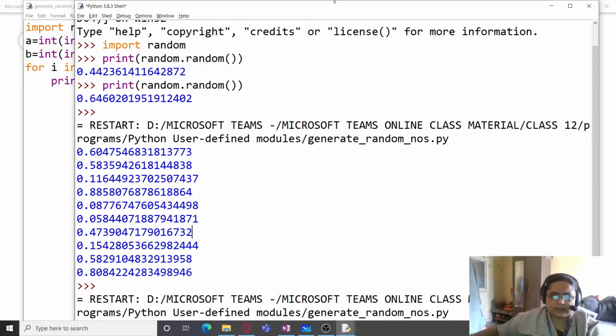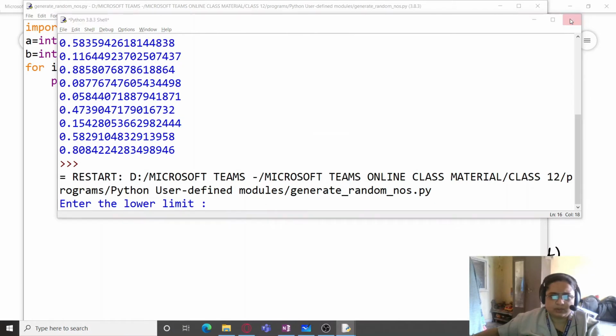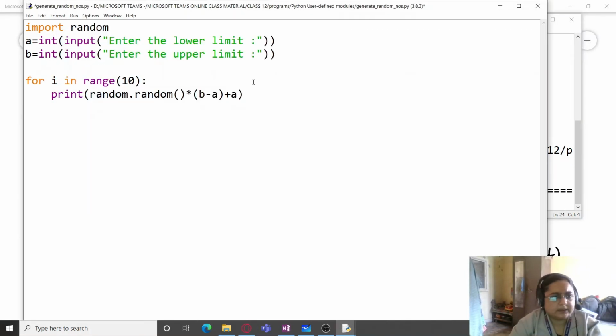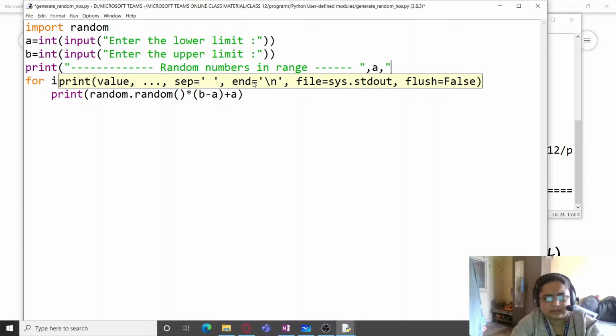So it is first going to ask me for a number. I'm going to close this. Sorry, I'm going to restart the shell because I forgot one statement. So I'm going to add that statement here. That is print "random numbers in range a to b".